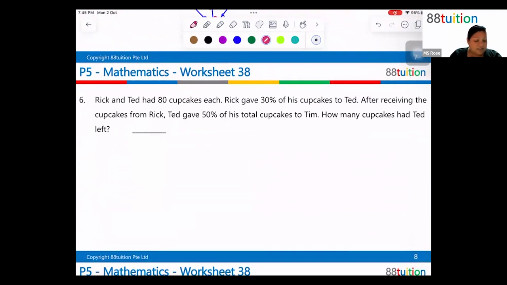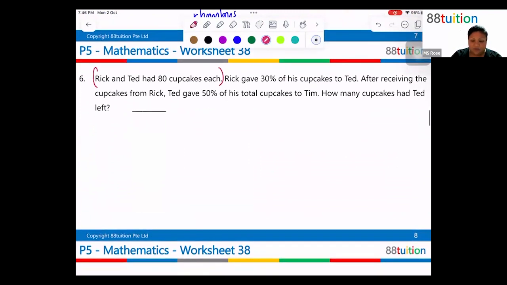So in question 6, it says here Rick and Ted had 80 cupcakes each. So Rick